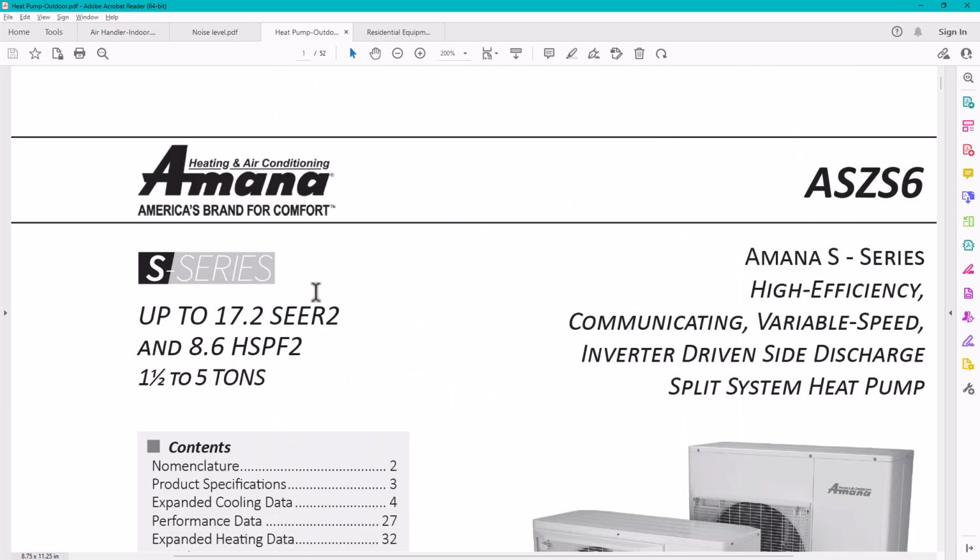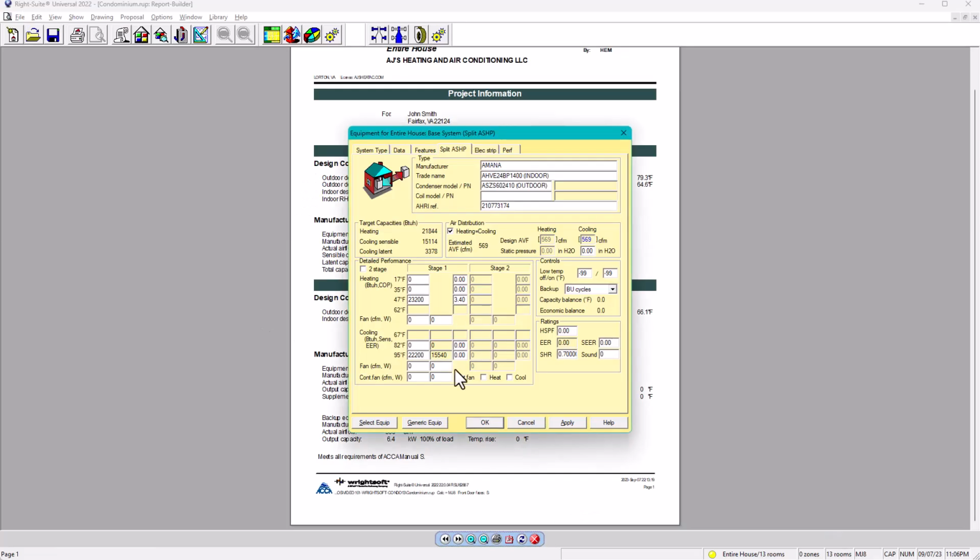Actually, you have it in here. You can put this overall SEER2. See, it's 17.2. But in this case, you don't have it at 95 degrees, so we can just leave it 0. But for here it says ratings, right? If it says ratings, you have your